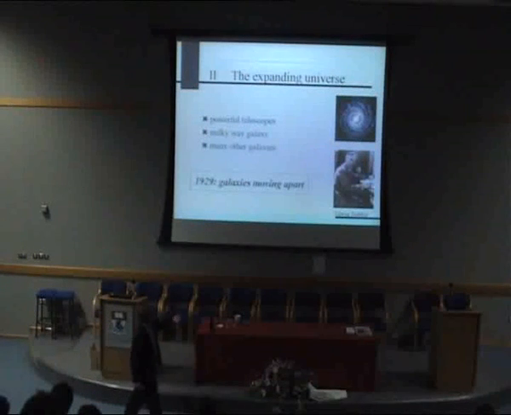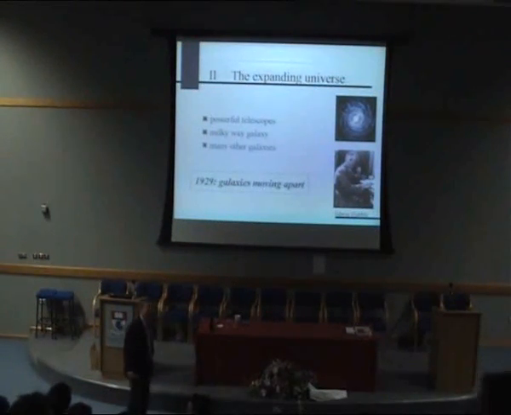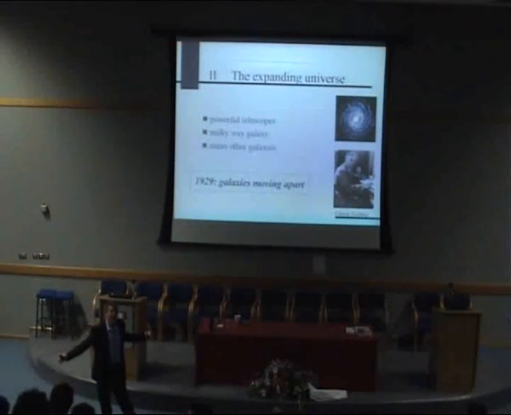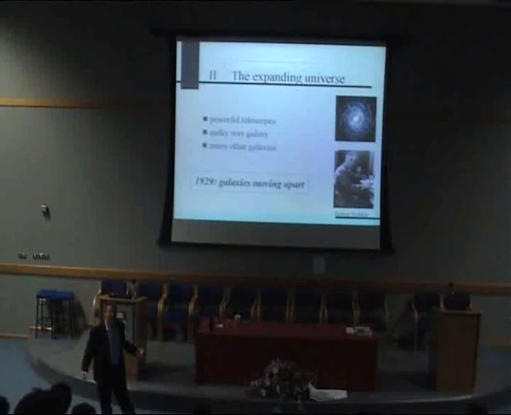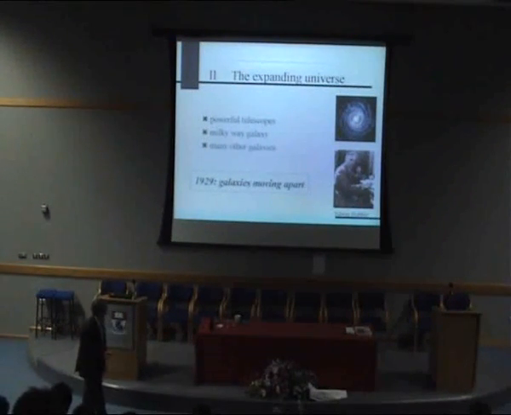The first one was this guy, Edwin Hubble, working in the States, an American, discovered that the Milky Way is only one galaxy, and there's actually lots of galaxies out there. Again, we all find that obvious now, but it's not obvious at all if you look at the sky. You might think, well, it's just loads of stars. But it turns out there's big clusters of stars and galaxies, and there's lots of different galaxies. So that was his first big discovery.